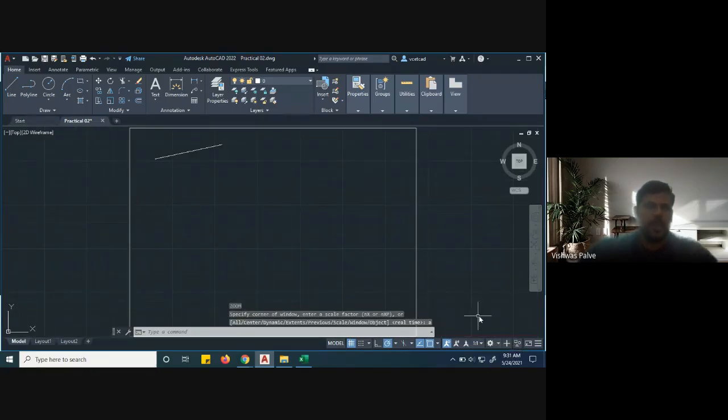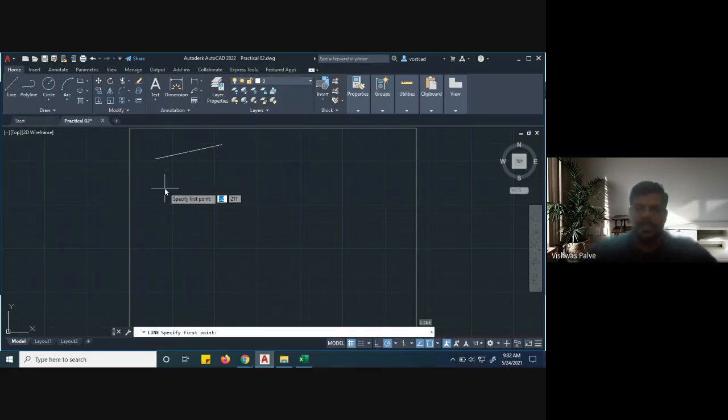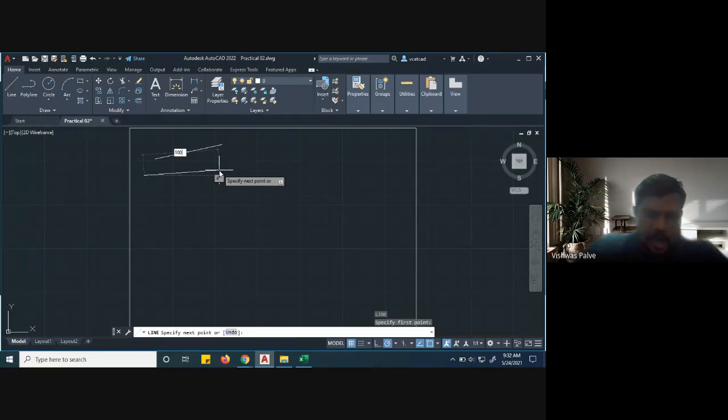Okay, now this line we have drawn with the help of the line option on the screen. But if I want to use the keyboard directly, the shortcut for line is L enter. You have to press L enter. When you press L enter, it will say specify the first point. Which is the first point? Now this will be the first point, and I want to draw an exactly horizontal line of 100 millimeters. So I'll type 100 millimeter, but I want a horizontal line. Then on the keyboard, press F8.